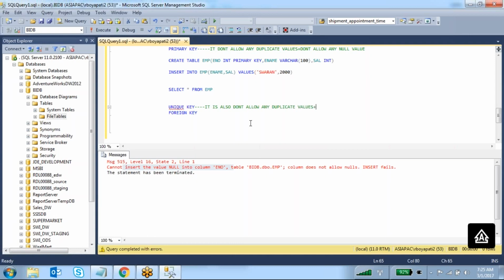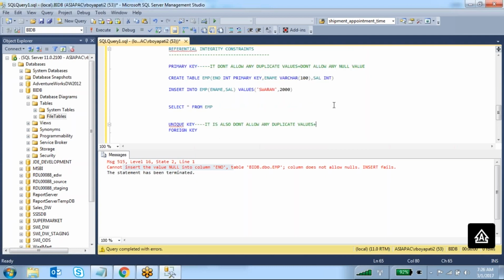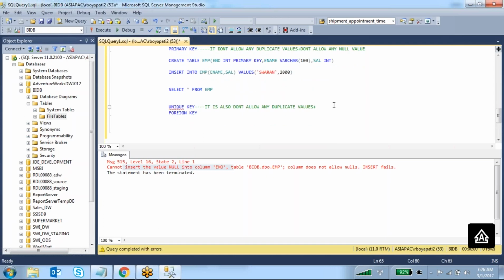But the only difference is the unique key constraint will allow one single null value. But the primary key doesn't allow even a single null value.